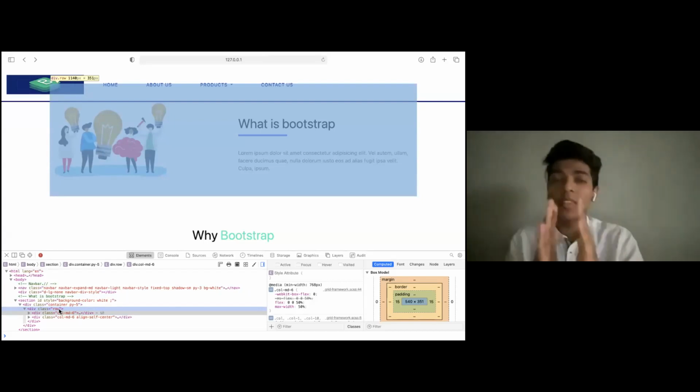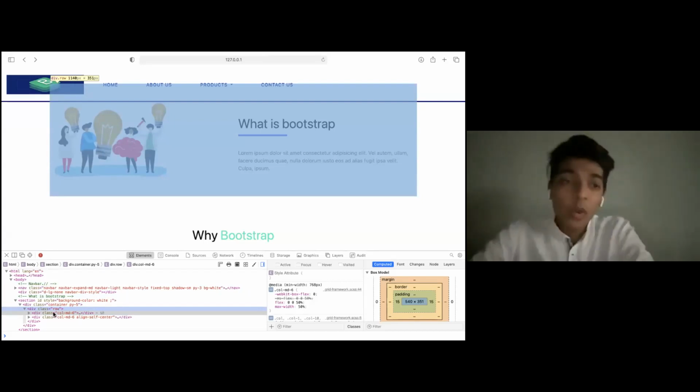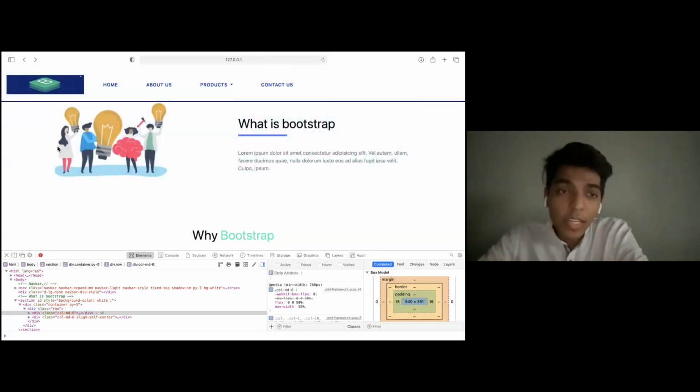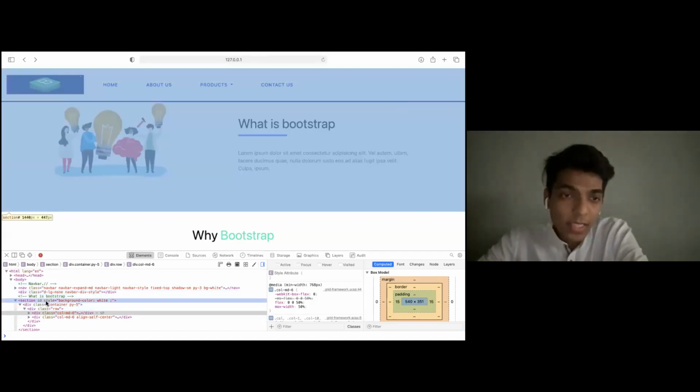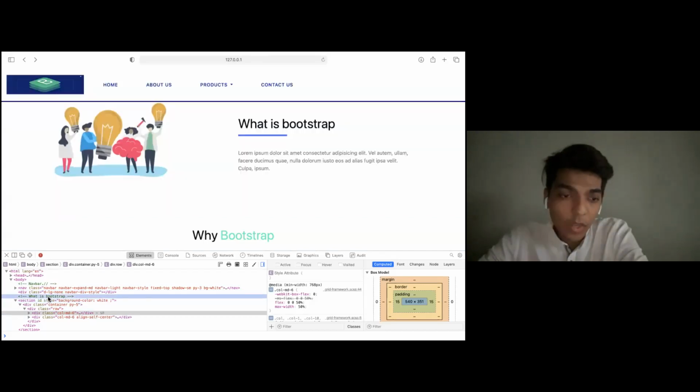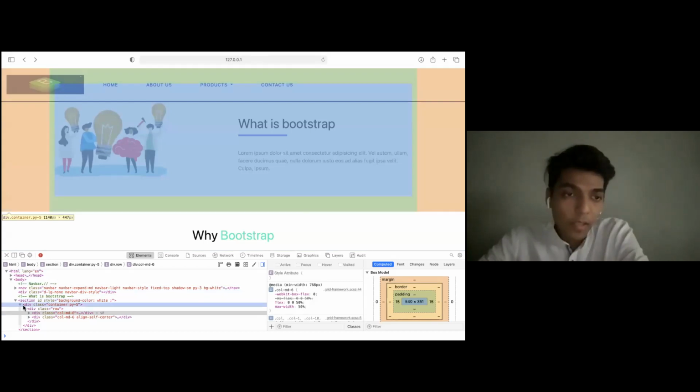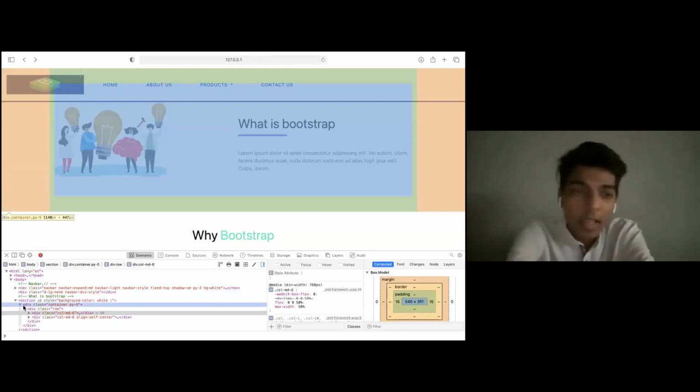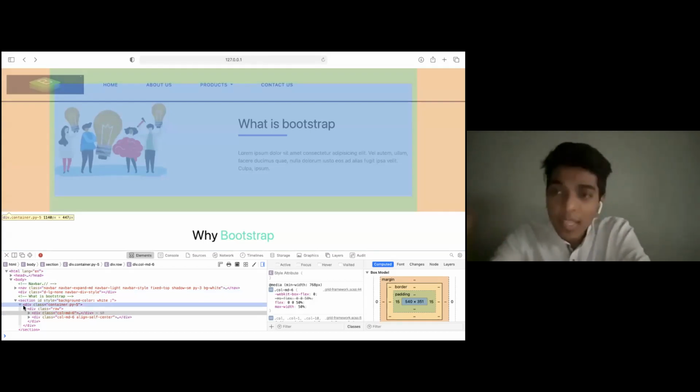So it gives you a thing that is actually concise. It gives you the default spacing. As I can see, I am getting a default spacing out here when I go to this part. The green part is the padding. The orange part is the padding that is provided to us by the container.